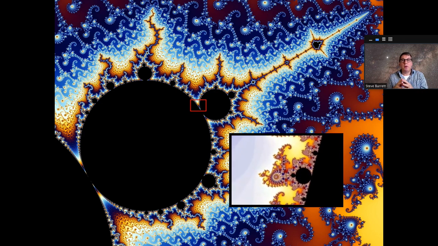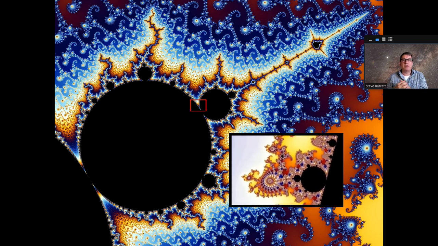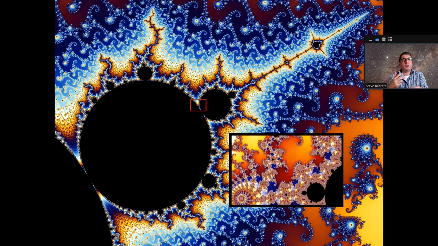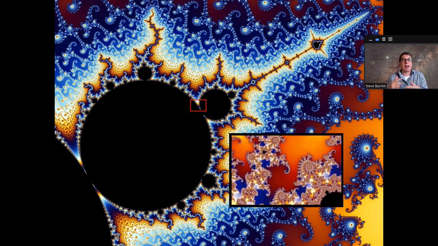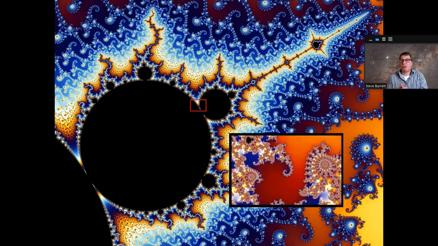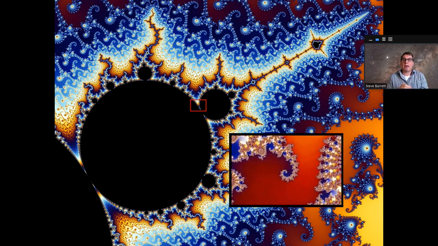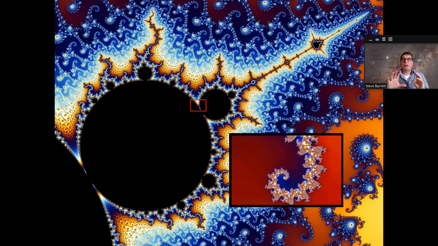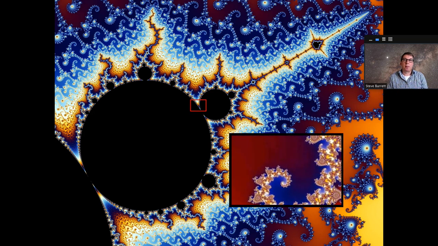And we can zoom in, and we zoom in and see more detail. We zoom in and see even more detail. At no point do we see the same things coming back. We see similar structures in much the same way that if we look in a galaxy, we might see some stars that are similar to other stars, but they are not actually the same.